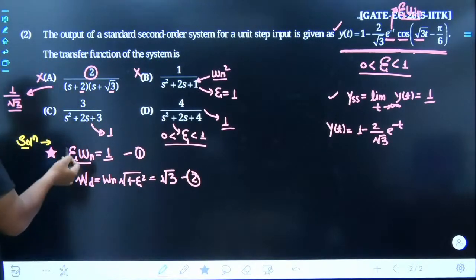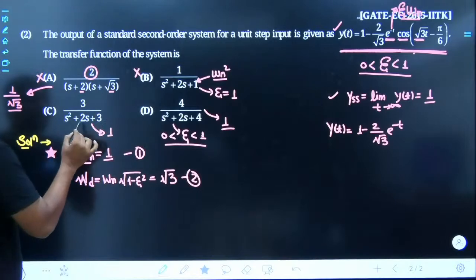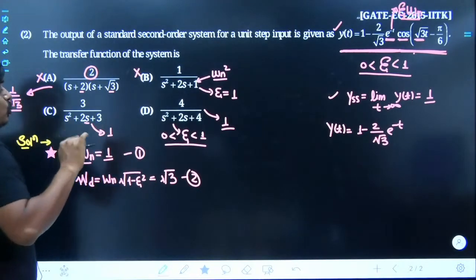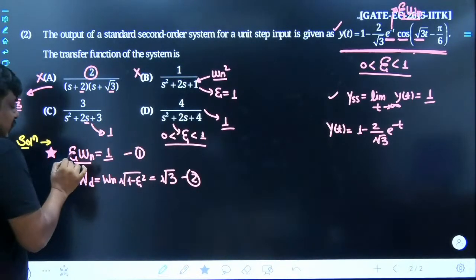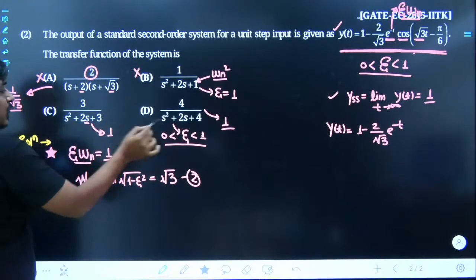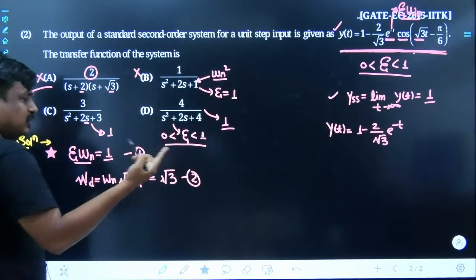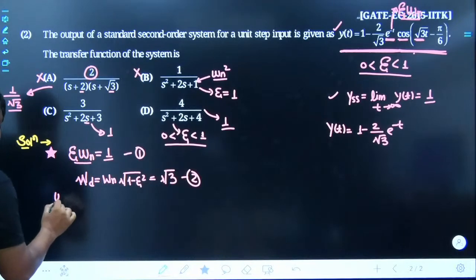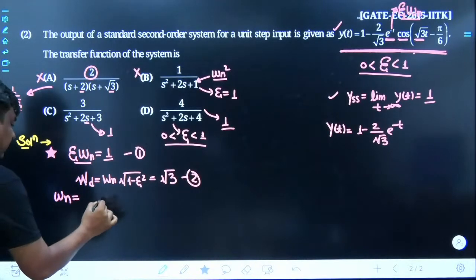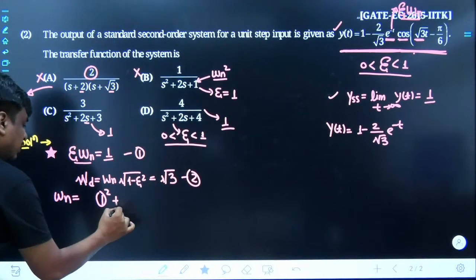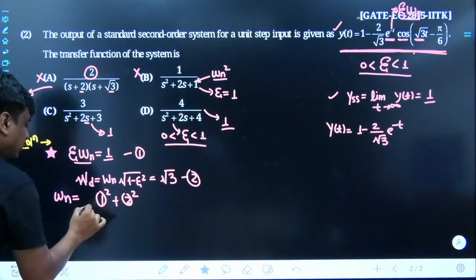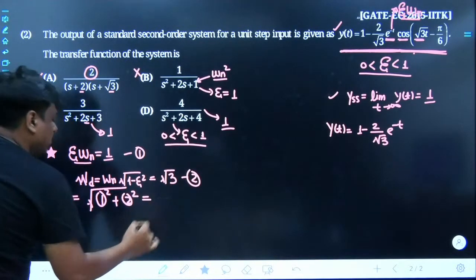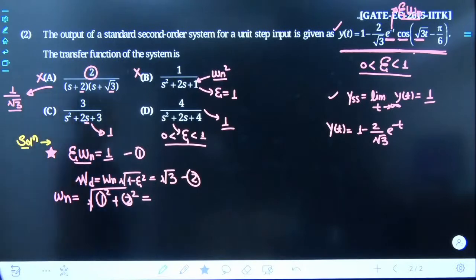So you yourself would be able to understand in the standard second order system, the s gets multiplied with 2 times zeta omega n. So obviously 2 times zeta omega n is 2, and here also it's 2. How will I get the value of omega n, which we have already seen? We would take the square of equation number 1, the square of equation number 2, and at last I would take its square root.